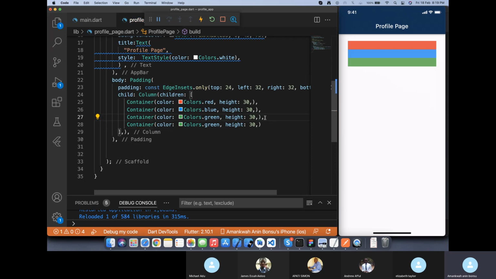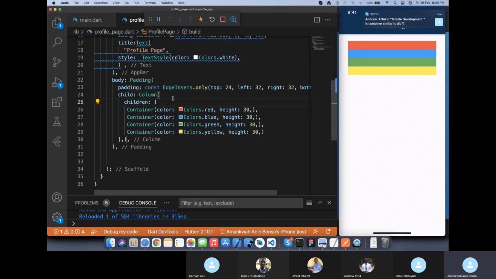So I need to bring my comma before you can create the next child. So let's say yellow. But then the column has got another property called, let me come to this part, the main axis, and also